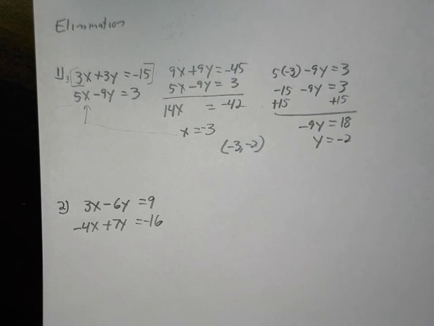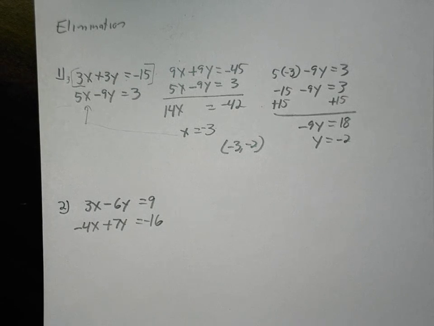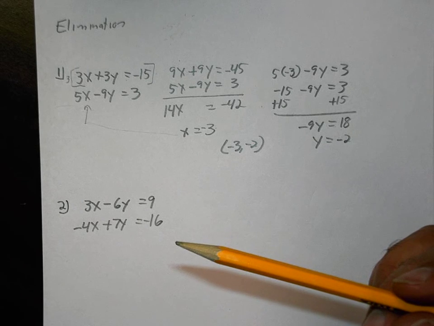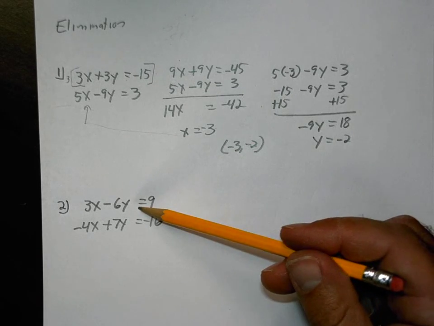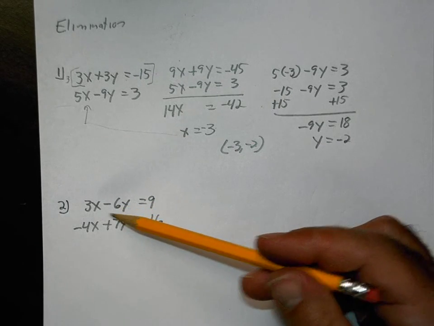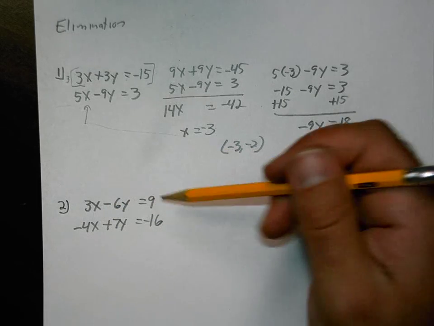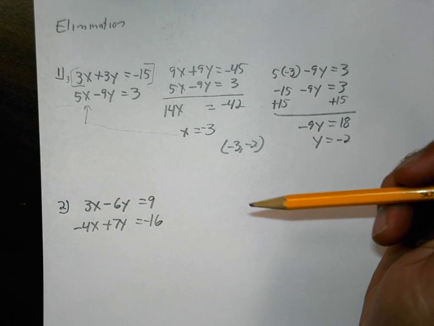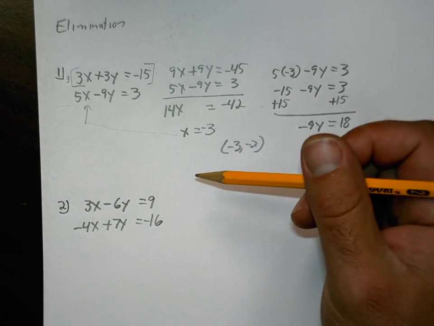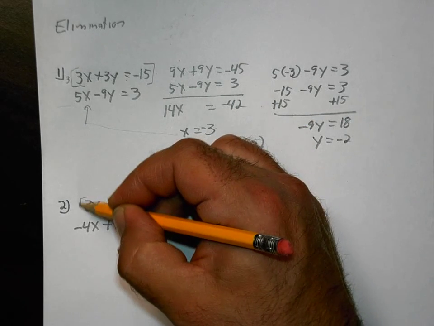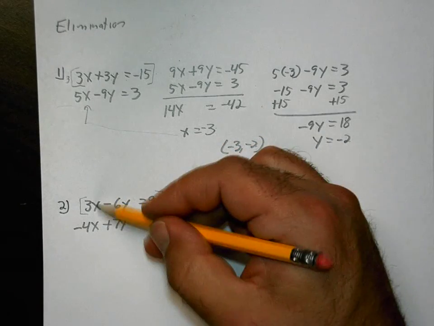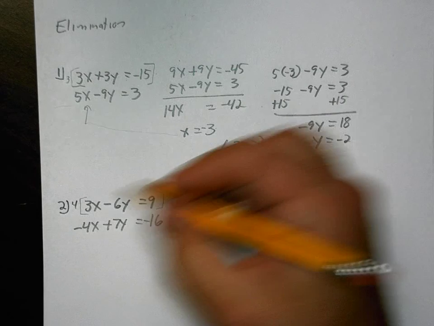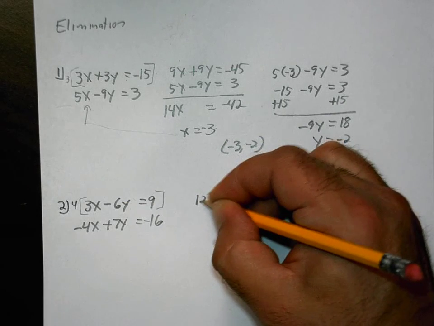So now I've got another equation here. We don't have opposites, so we have to make opposites. There's no number I can multiply this first equation by to create an opposite right away. So I need to multiply both equations by different numbers to create opposites. If I just look at the x's, I can multiply this top equation by 4, which would result in